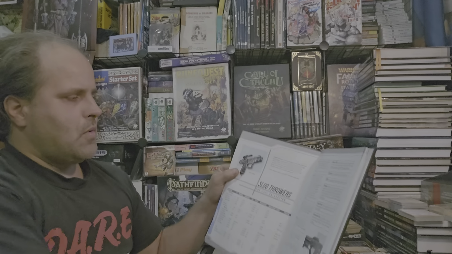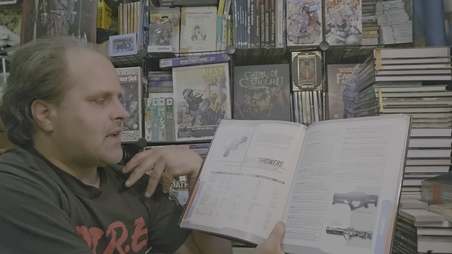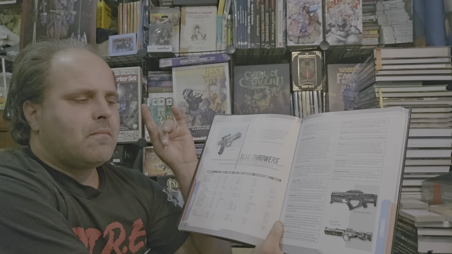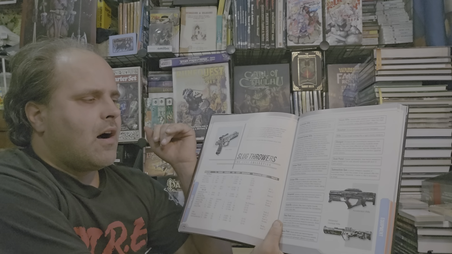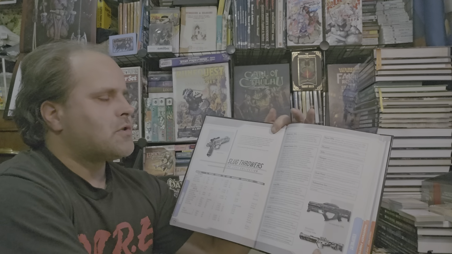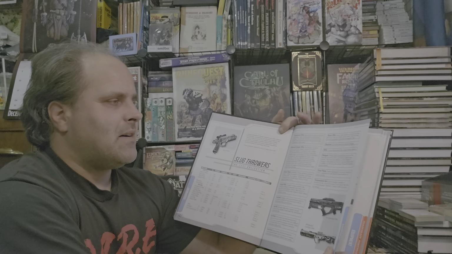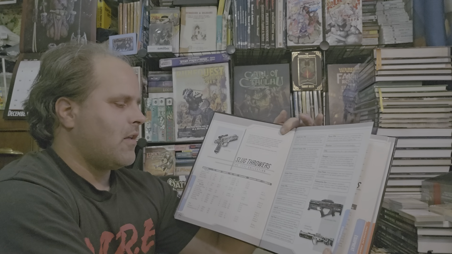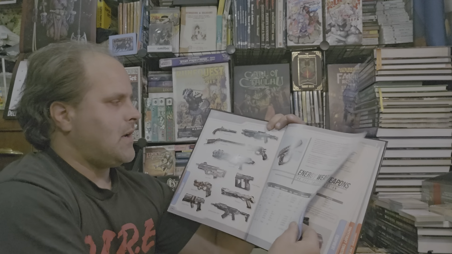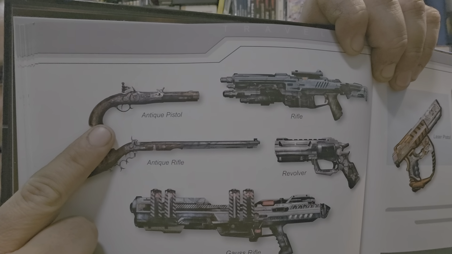You have various slug throwers, basically like antiquated handguns, antique pistols, revolvers, shotguns, and so forth. But you also have rail guns and plasma guns and Gauss rifles and all the other fun stuff in here too. So you can have a very broad range. See, there's a good example. Antique pistol,